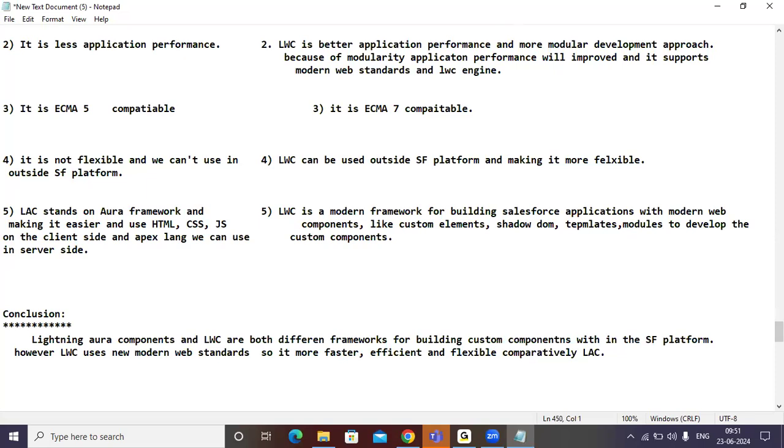Understand all of you? Guys, both are frameworks only, but LWC has more advanced modern web standards, so it is faster and more flexible compared to LAC.